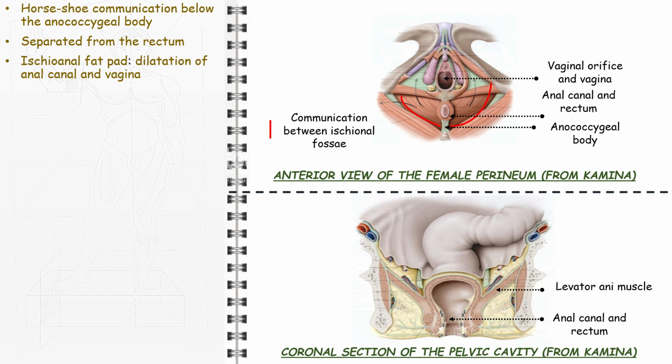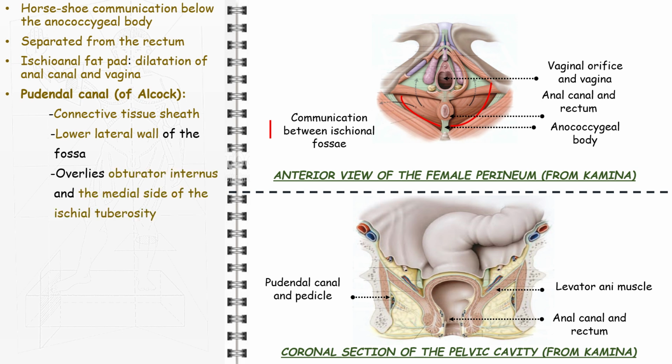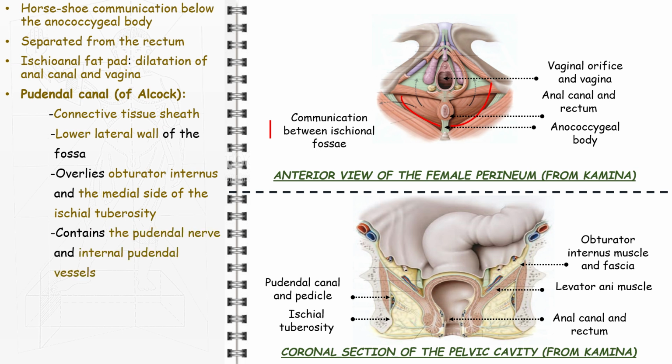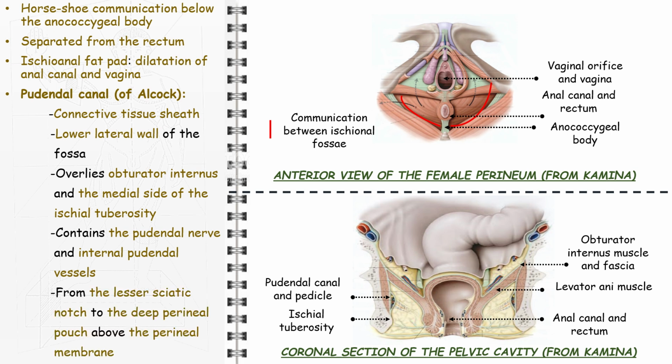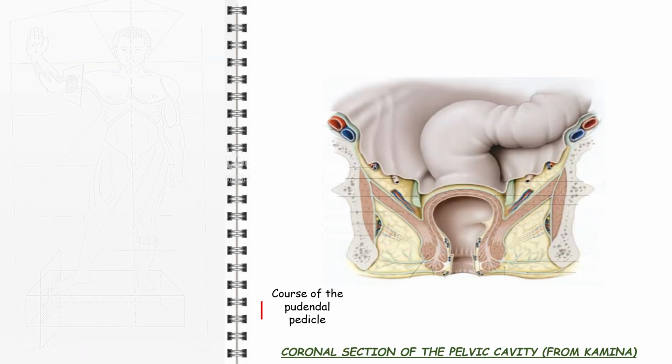The pudendal canal of Alcock is a connective tissue sheath in the lower lateral wall of the fossa, overlying obturator internus and the medial side of the ischial tuberosity. It contains the pudendal nerve and internal pudendal vessels, which it conducts from the lesser ischiatic notch to the deep perineal pouch above the perineal membrane. The canal is most simply considered as being formed by a splitting of the obturator fascia joining the falciform process